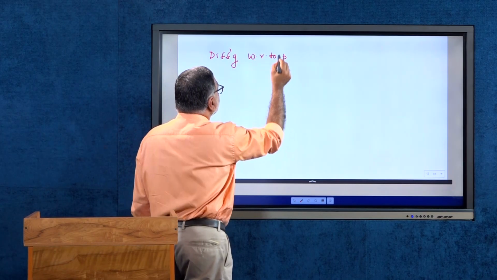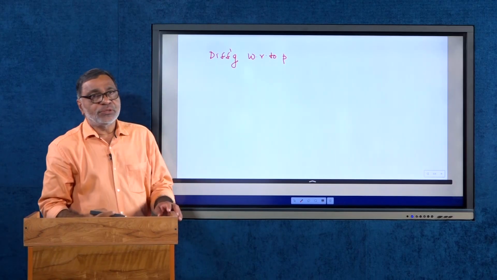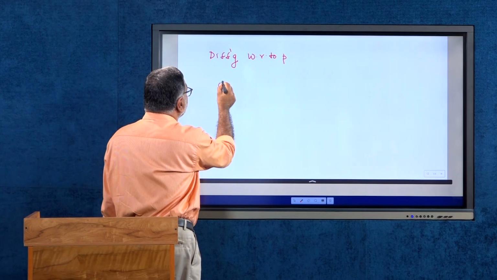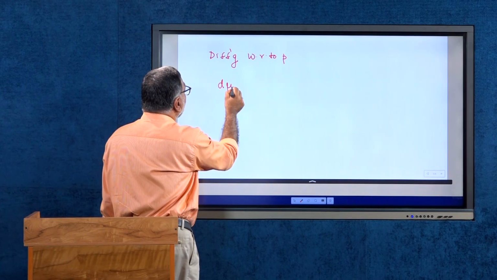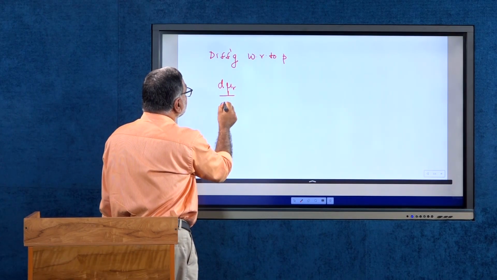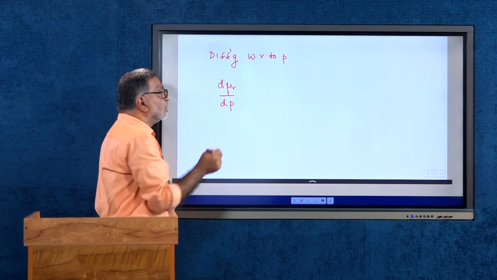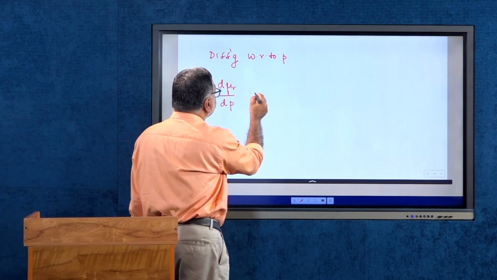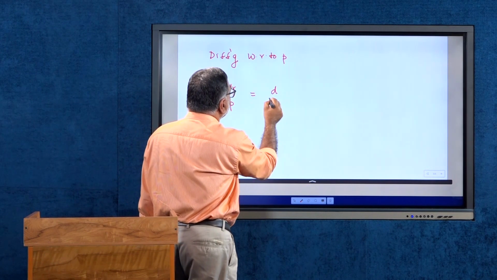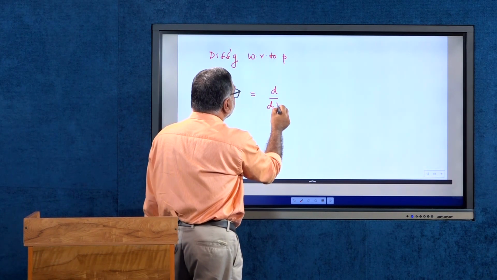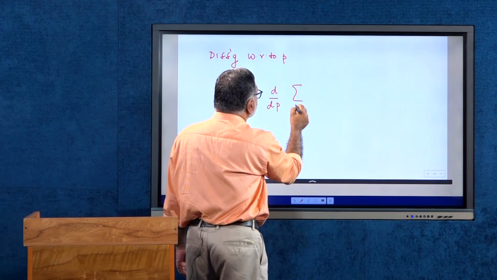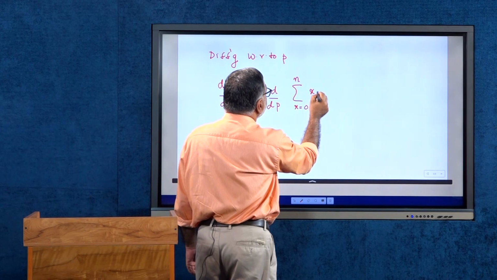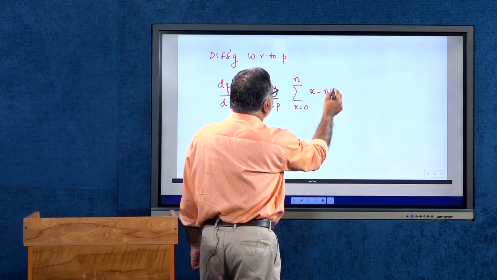The left hand side becomes the derivative of mu r with respect to p, d mu r by dp, and that is the same as the right side derivative of this expression, sigma over x is equal to 0 to n, x minus np power r